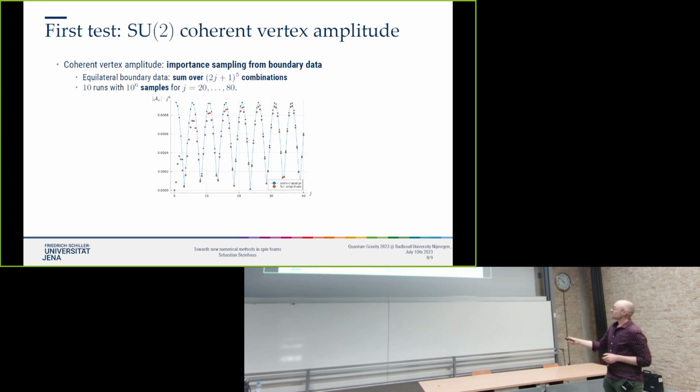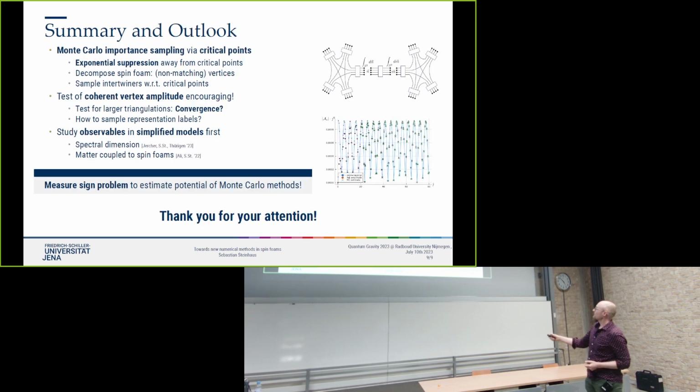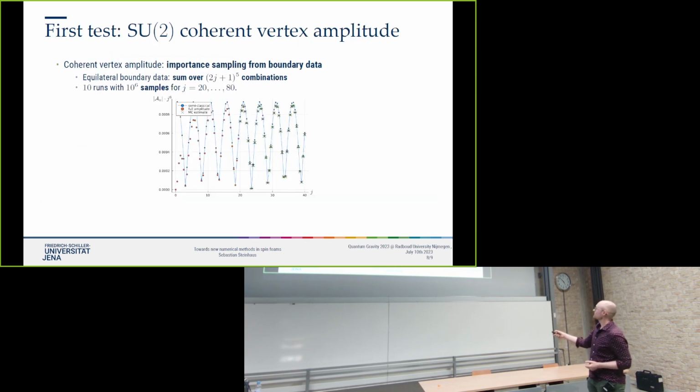So the orange points are the actual results that we did up to spins 40, which was very painful, compared to the semi-classical result in blue. And you see that the semi-classical result approximates the actual one better and better. In comparison, I used the coherent states as a probability distribution for a Monte Carlo algorithm, and did the simulations for 10 runs up to 10 to the 6 samples, and it is, as you can see here, extremely close to the full results with rather small error bars.